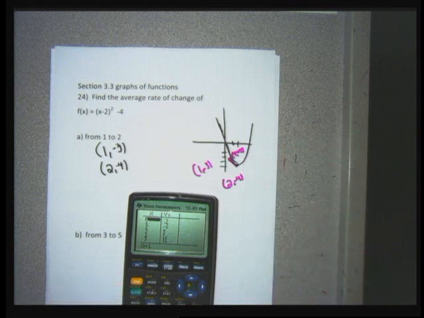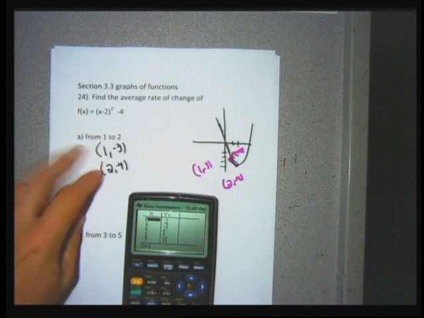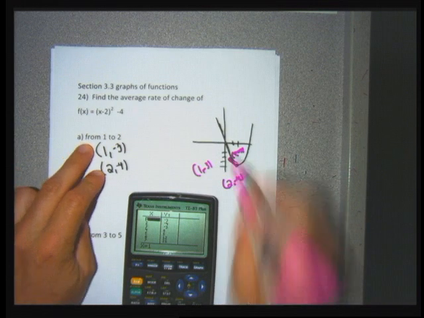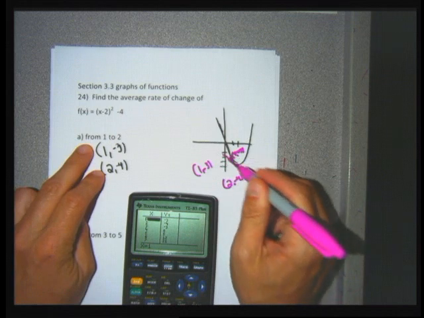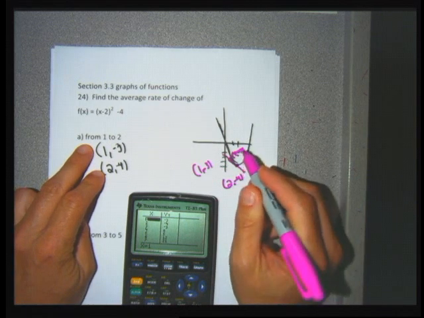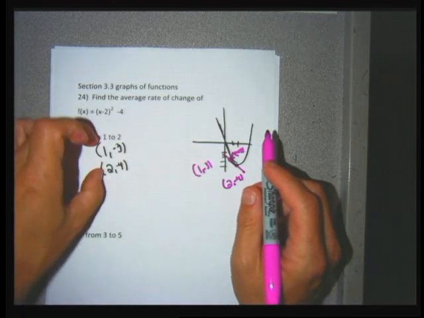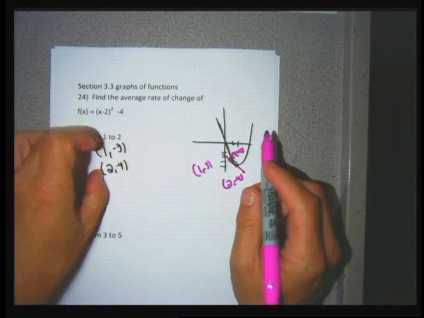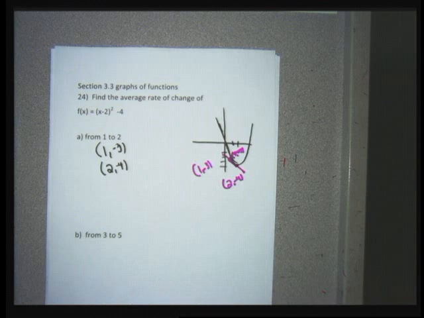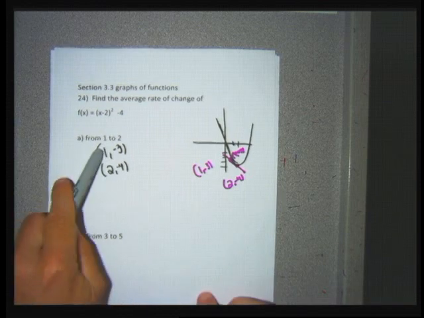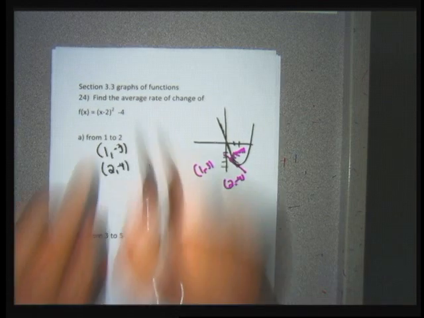So what I'm asked to do is find 2 points on the graph. I'm given the x coordinates. I need to find the y coordinates. And I want to find the slope of the line that connects those 2 points. I'm just going to use the slope formula. So once I get the points that are implied, then I can use the slope formula to find the average rate of change. Just in case you didn't know how to get these y's without your calculator,